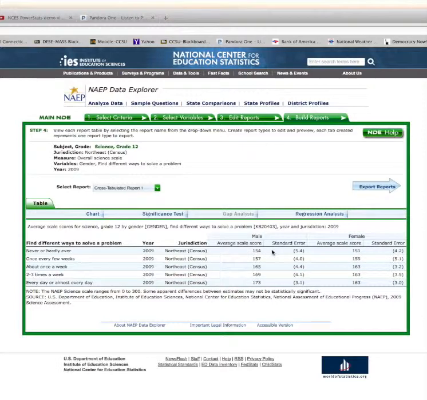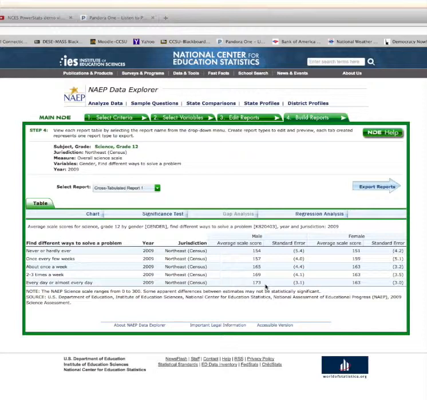We see that same trend that we saw for the overall sample that wasn't divided along gender lines. We see an increase both for males and females with the use of the strategy. The more often it's used, the higher the scale score goes. With males, it goes from 154 when it's hardly ever used, steadily up to 173 when not. Now,